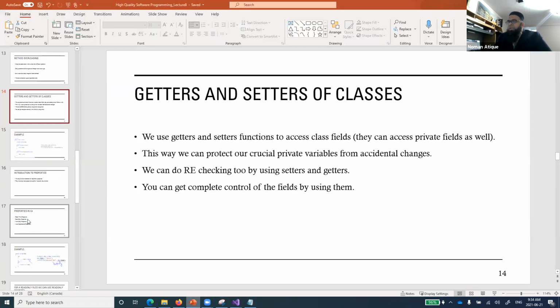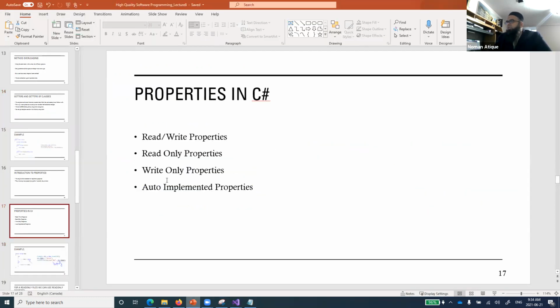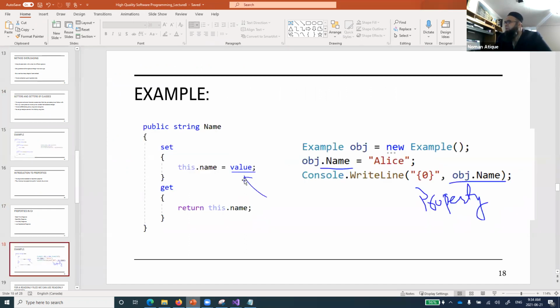Right? So if I come back over here and show you, I told you that there are different types of property, we'll talk about that. But first of all, this value is what? This value is basically what has been passed over here, that will become the value. So you can access that by using the value. Right? So getting that.